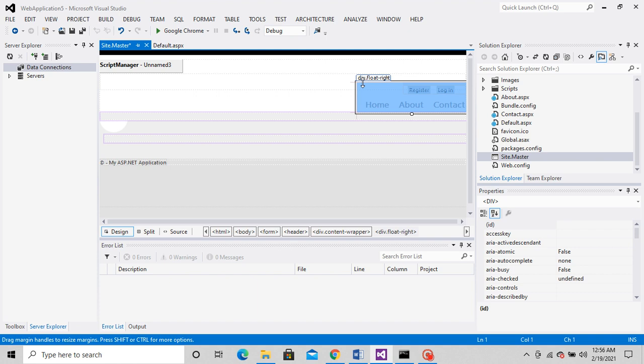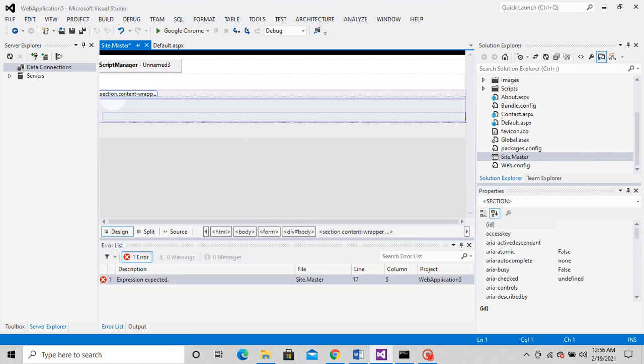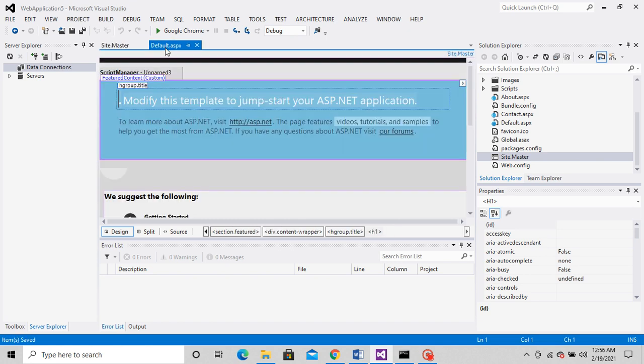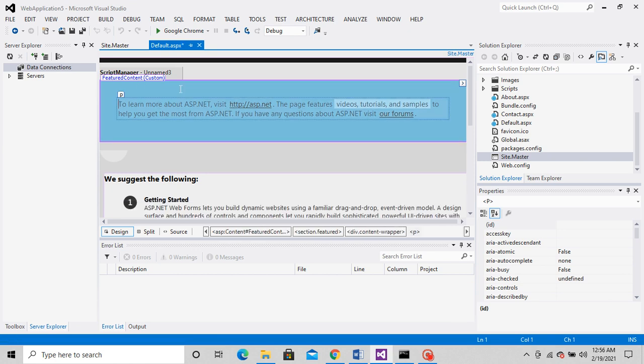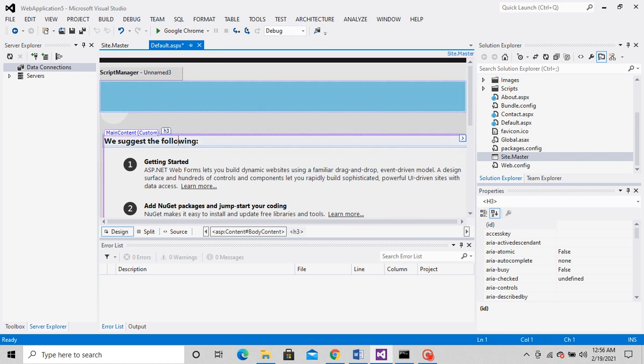So in the site master, I'm just removing the unnecessary things, since in this video I'm going to show you only the insertion. So yeah, I just kept the necessary parts. From default.aspx also I'm removing all the unnecessary things.